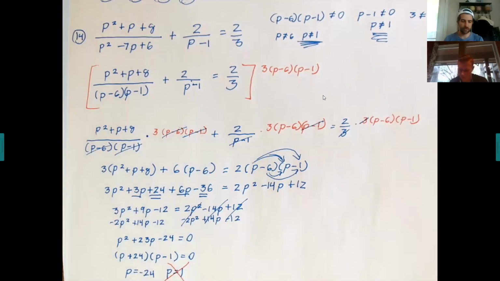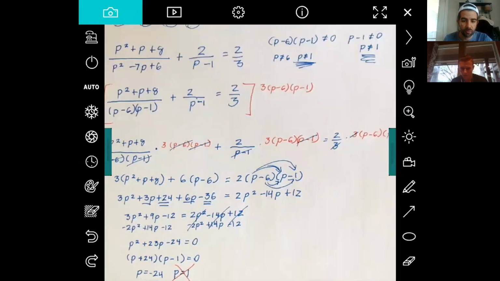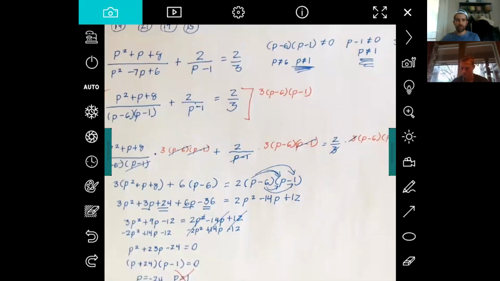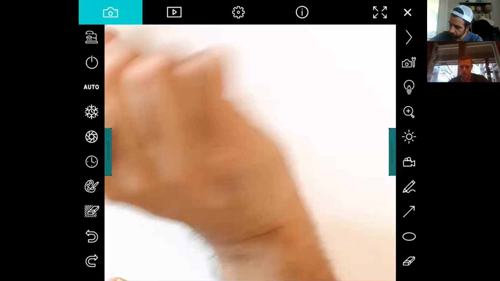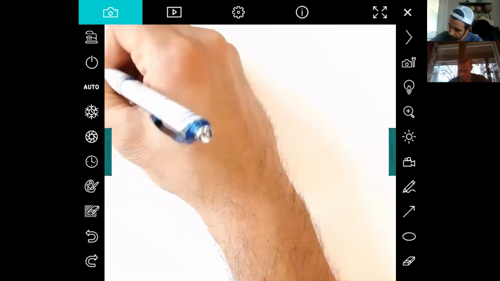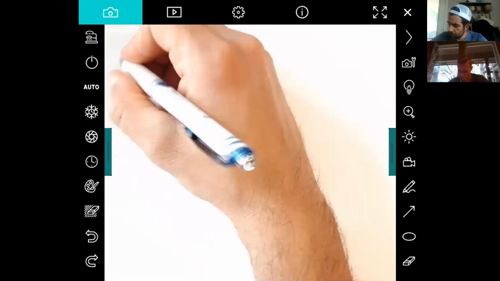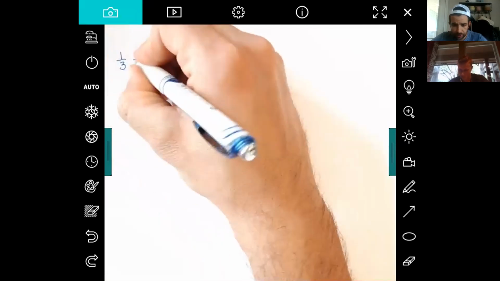All right, so let's look at 15. I'm going to minimize this for a second. Let me look at 15 real fast. I think it's the same type of problem, and at the very least, we can talk about what the common denominator would be for that one. So this is kind of a long problem, not necessarily typical of what we are doing. So 15 is 1/3 minus